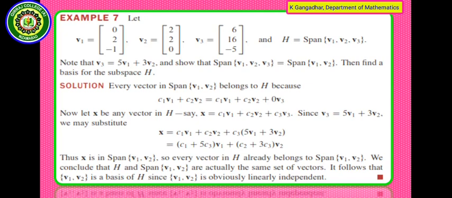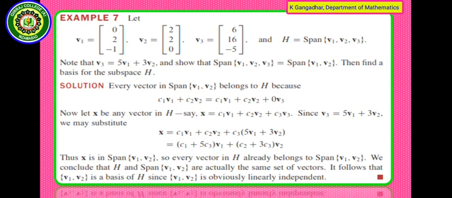Next we show that the span of 3 vectors equals the span of 2 vectors. We take the span of the 2 vectors V1, V2. The span of V1, V2 means linear combinations of V1, V2, C1 V1 plus C2 V2, which equals C1 V1 plus C2 V2 plus 0 times V3, since 0 times a vector equals the zero vector. So any vector in H is of the form C1 V1 plus C2 V2 plus C3 V3,